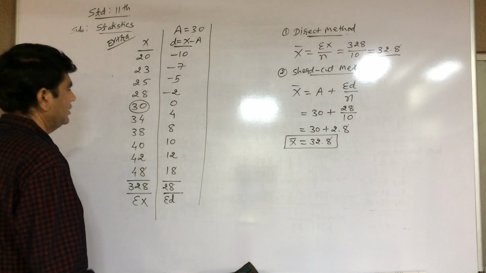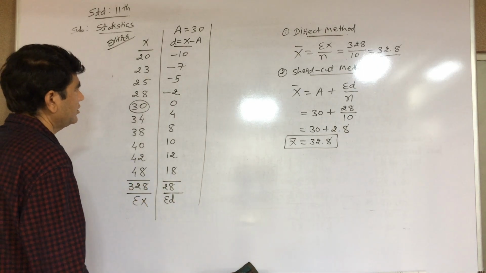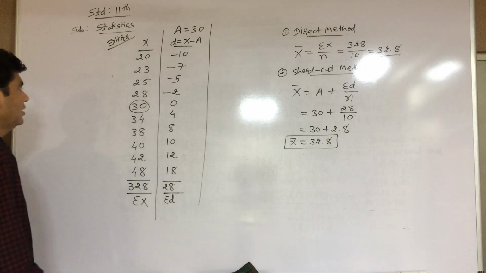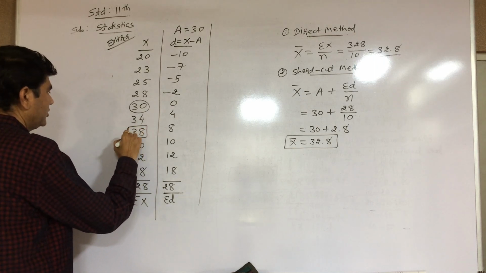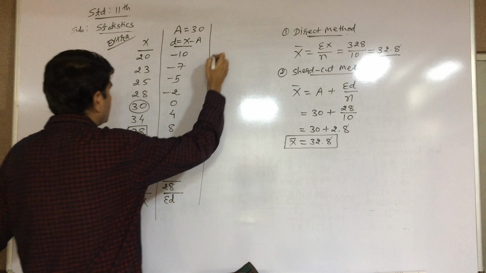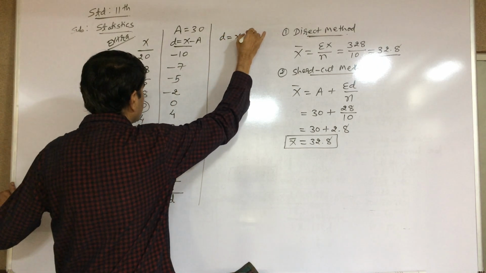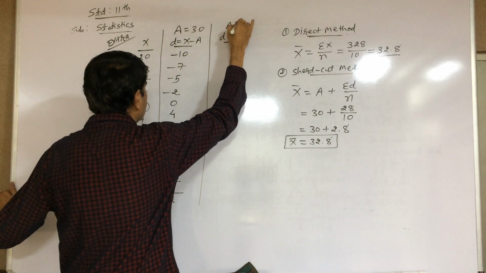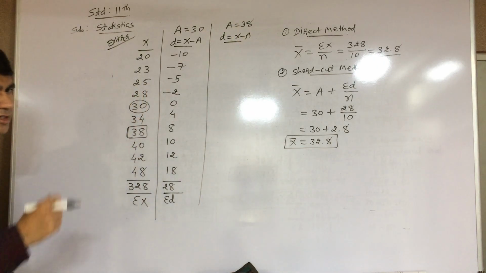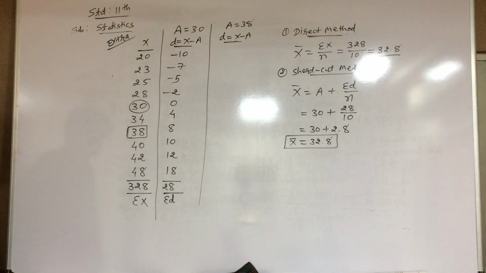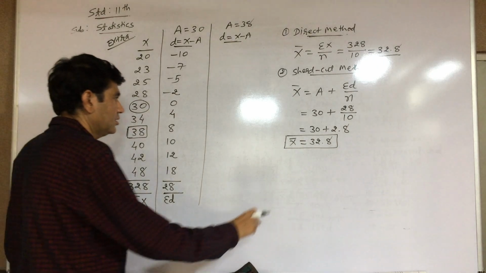One type of negative calculation I would like to explain. This time we assume 38. So we recalculate this example with a different assumed value and we verify our answer will come